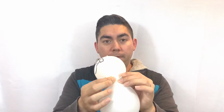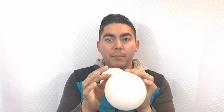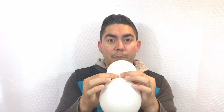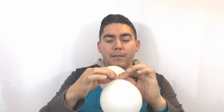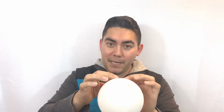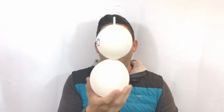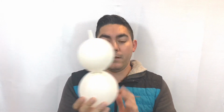All right, and don't tie them off at the beginning. Just wrap them around like if you're making quads. You know, like if you're doing balloon decor, you'll do quads. You just tie them together instead of tying them individually and then tying them together, because that's tying 1, 2, 3 times. Okay, so I'm just gonna go ahead and do it like that. There we go. All right, let's go ahead and go right to the